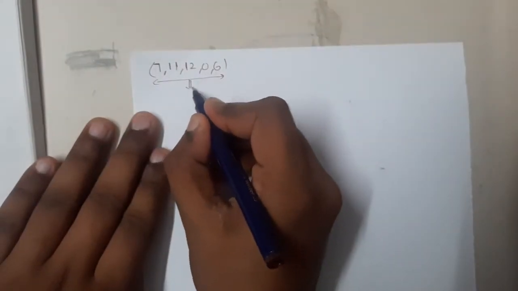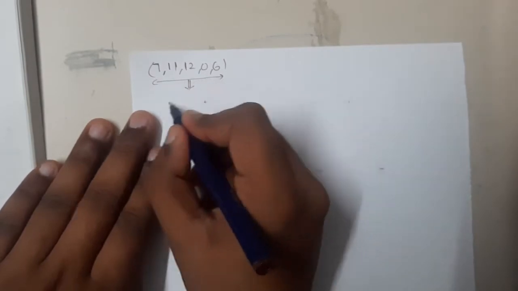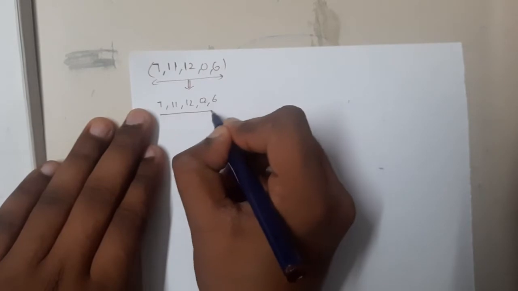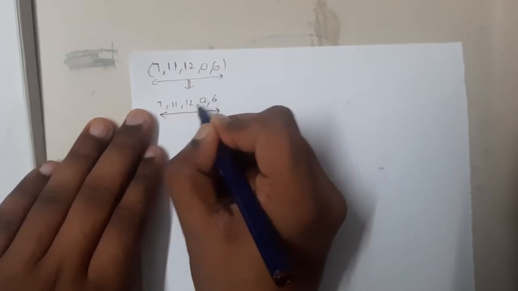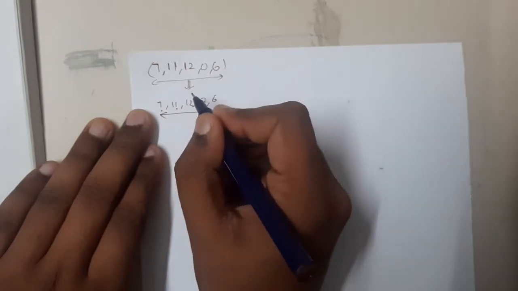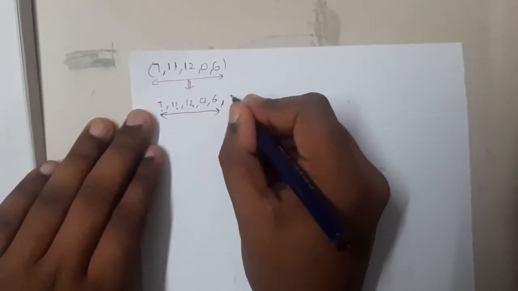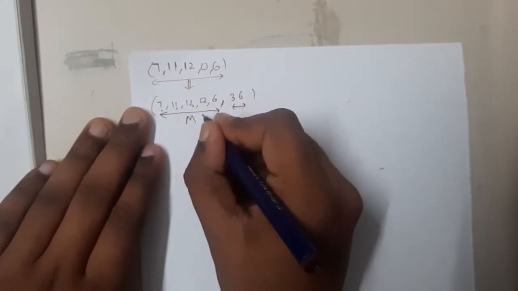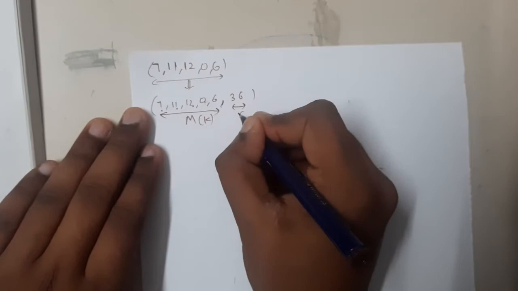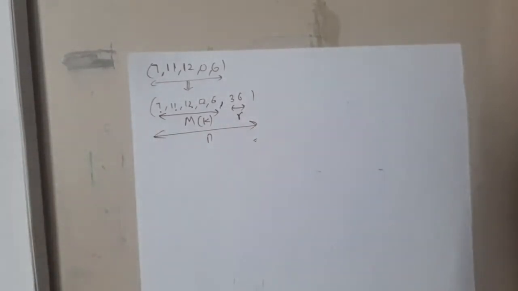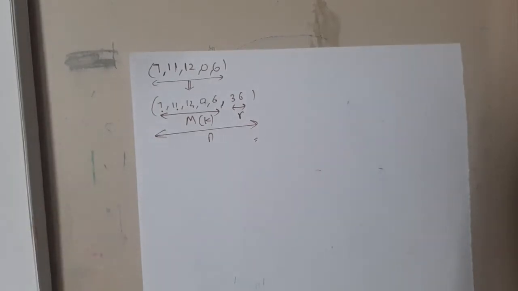In the checksum, I will send the data, and along with the data, I will send the sum of these elements. It is nothing but 6 plus 12 plus 11 plus 7, so it is 36. I will be sending this 36. Basically, this is my message part, that is K, and this is my redundancy part, that is R. In total it will carry n bits. So now you have an idea how exactly we have divided it.